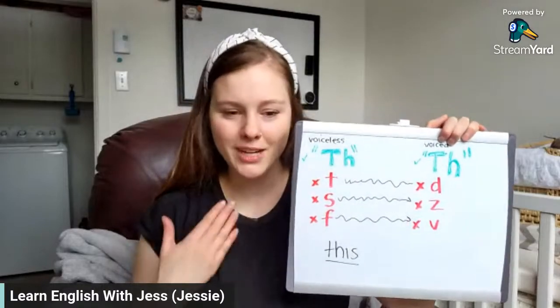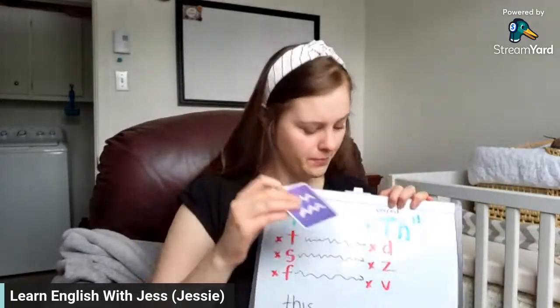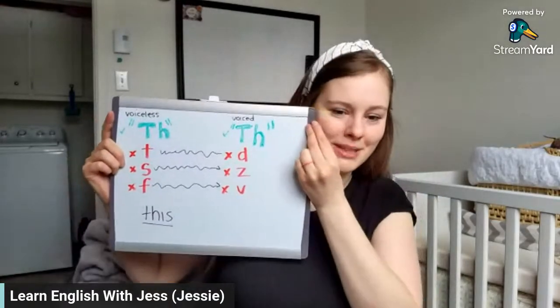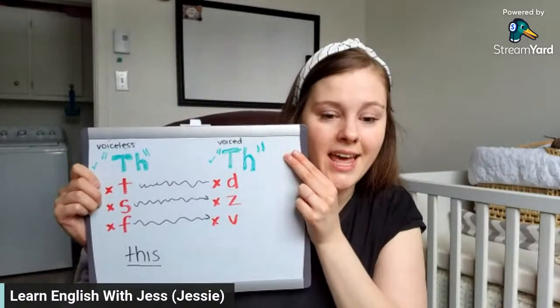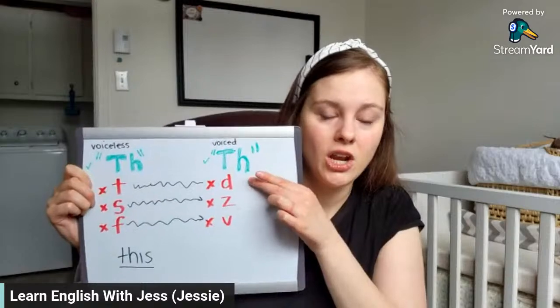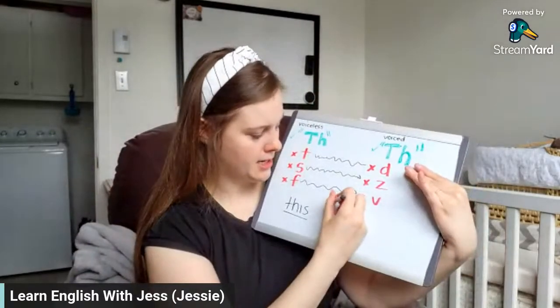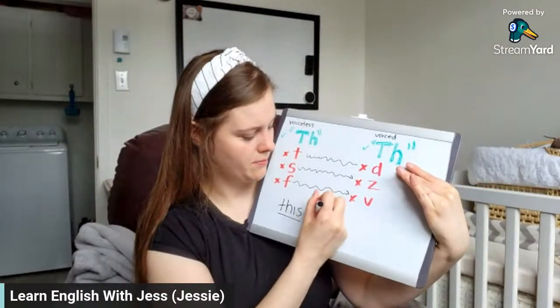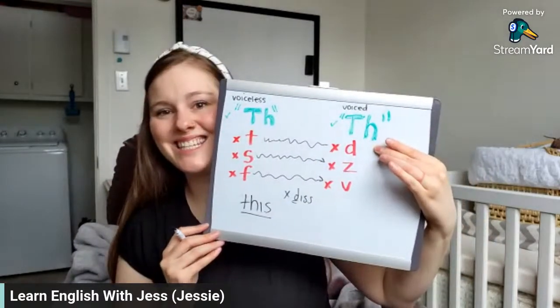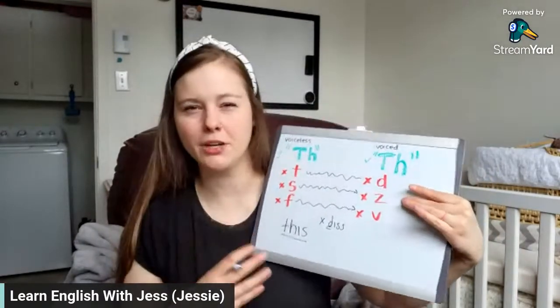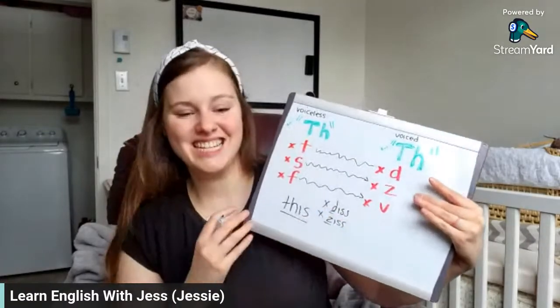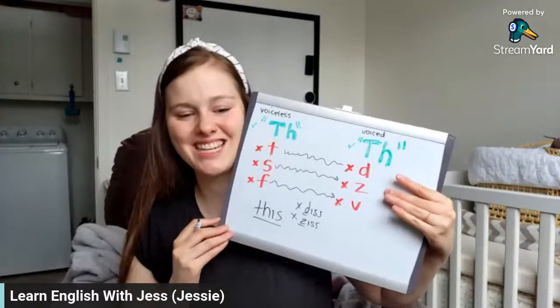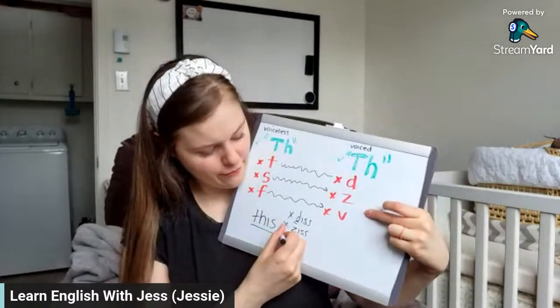So this, I hope you guys said there's vibration. Okay, so this, there is vibration, so it's voiced. So the correct way to pronounce this is tongue between your teeth. Remember this? This. This. Not this. Okay, which is what a Quebecer would generally do. I work with a lot of people from Quebec. And it's not this either. It's not this, the Z sound. And it's not with the V. This.